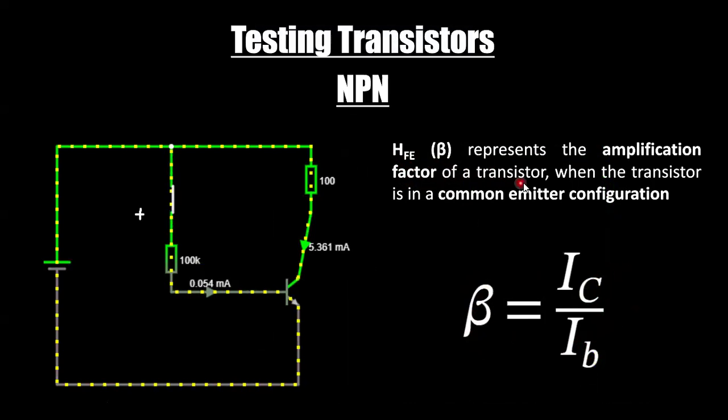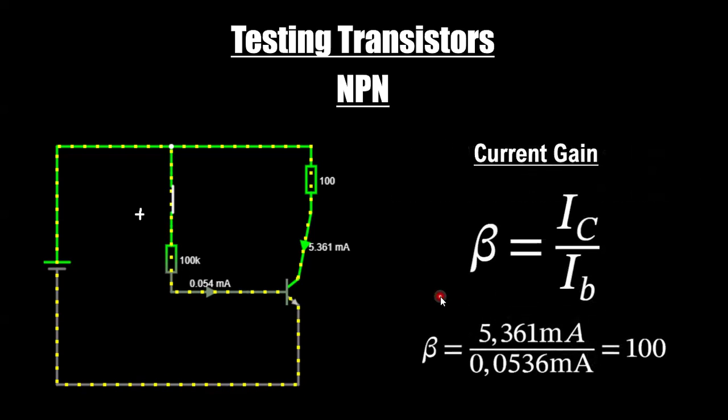F is the factor when the transistor is in a common emitter configuration, okay? FE. If it was in a base, it would be FB. Now it is FE. That is the meaning of FE here. So we are going to substitute, and as you can see here, I have